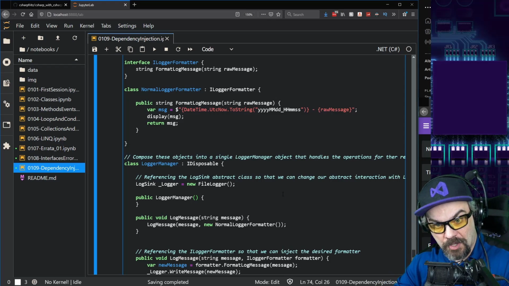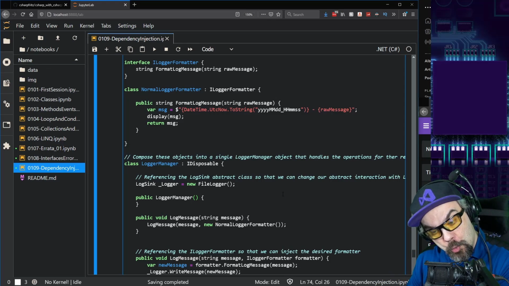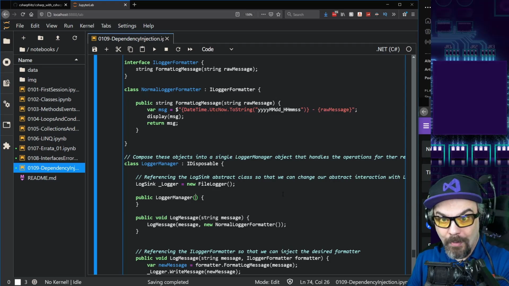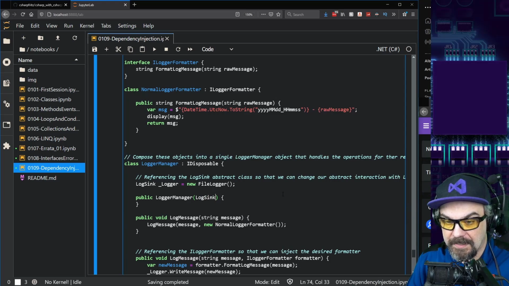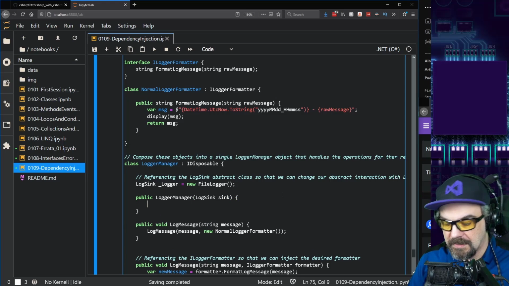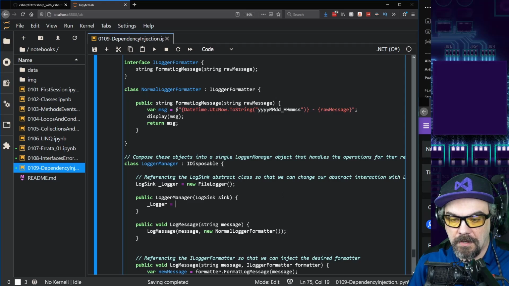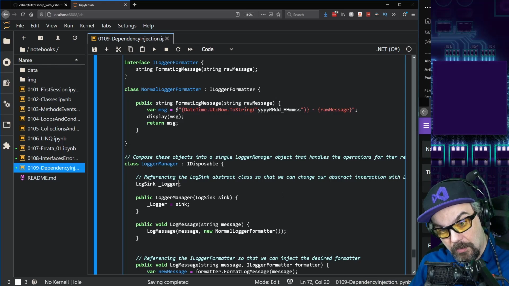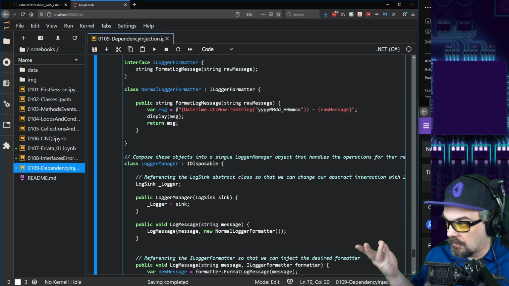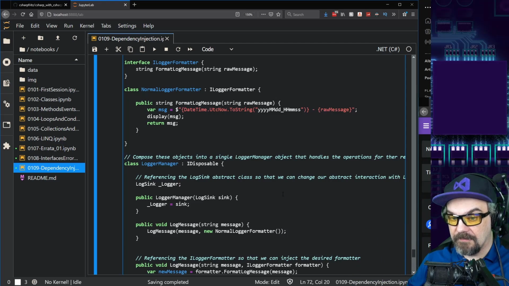I need a log sync for my logger manager to know how and where to log its messages. So I'm going to provide that constructor argument, and I'm going to set logger equals whatever that sync is, and now I remove that new statement. Now my logger needs to be provided from outside,